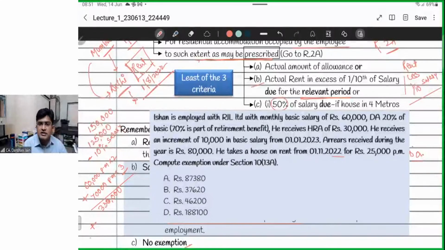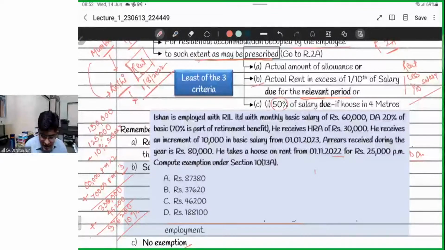20% of 3,30,000 multiplied by 70%. So it should be 46,200. See, look at this. 20% would be 66,000. 3,30,000 multiplied by 20% is 66,000 multiplied by 70%. That is 46,200. So my total salary is 3,76,200. 10% of this would be